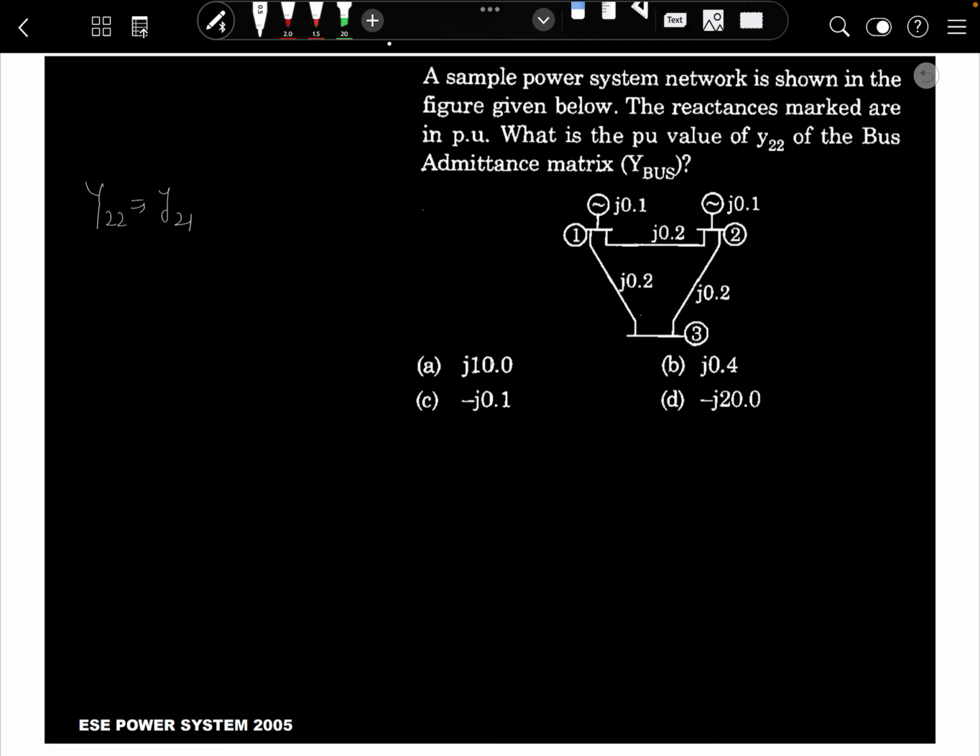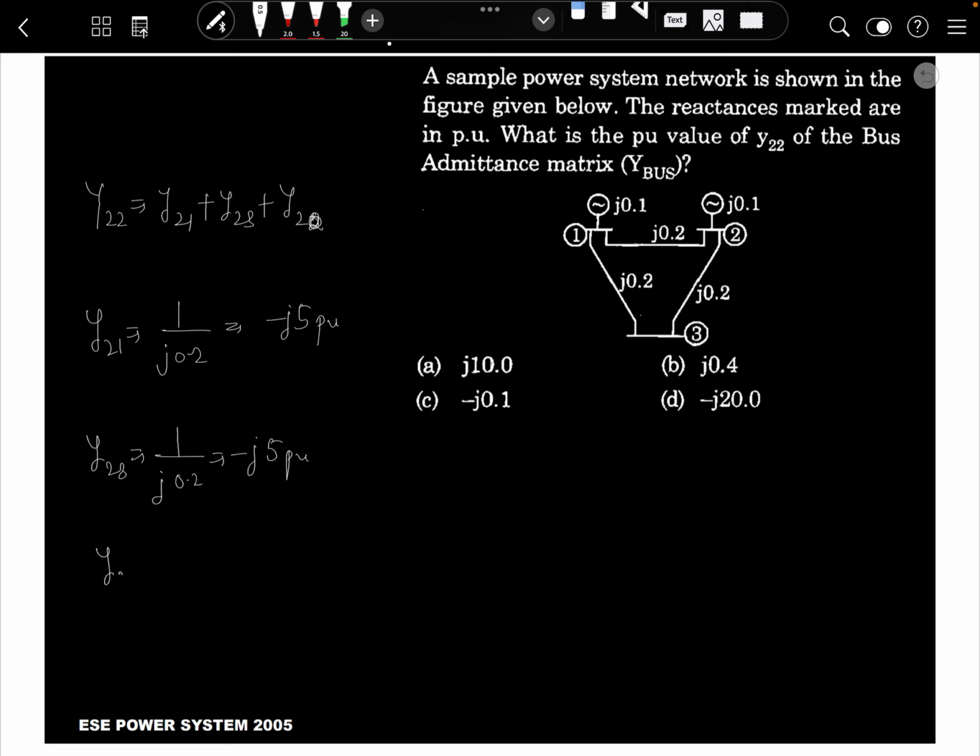We can check in the diagram Y21 is connected, then Y23 is connected, Y20 is connected. Y20 means we can write itself 22, because we have to consider 22 itself, that's why I write 20. Y21 is equal to 1 upon j0.2, which is minus j5 per unit. Then Y23 is equal to 1 upon j0.2, which is equal to minus j5 per unit,